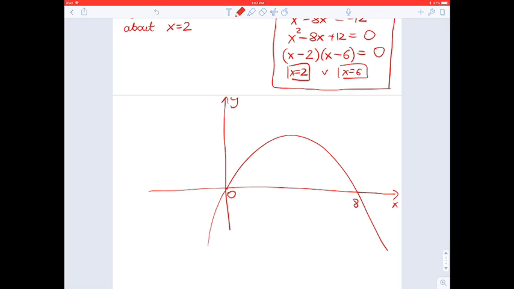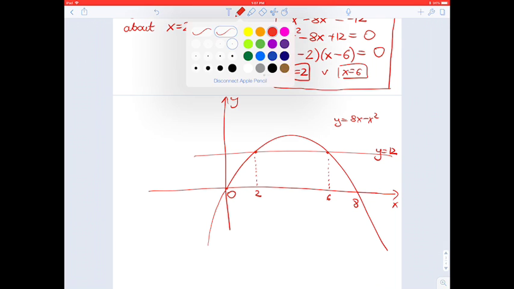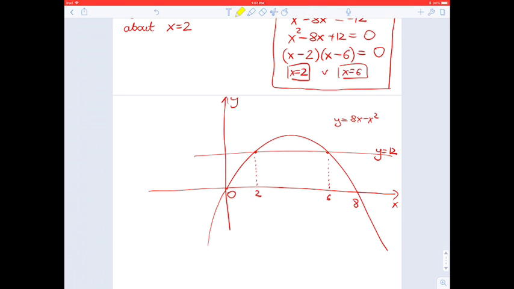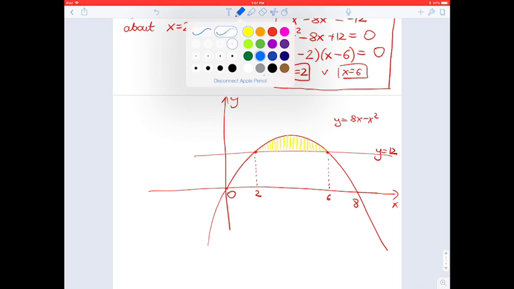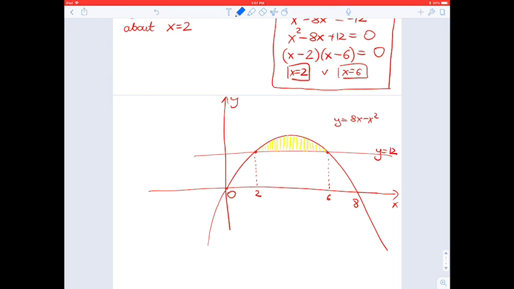And then the line equals 12. It's like that. That means the points of intersection are 2 and 6. And this is 12. And the parabola, of course, is 8x minus x squared. And we can nicely see the region bounded by the line and the parabola is this one. Okay, excellent. Now we need the line of rotation, which is actually this